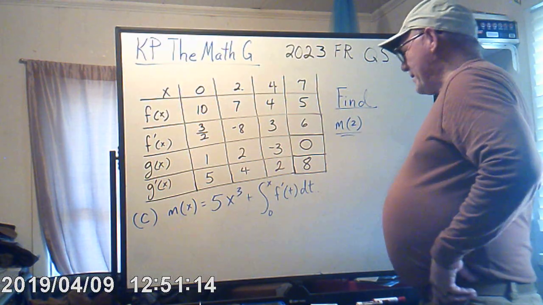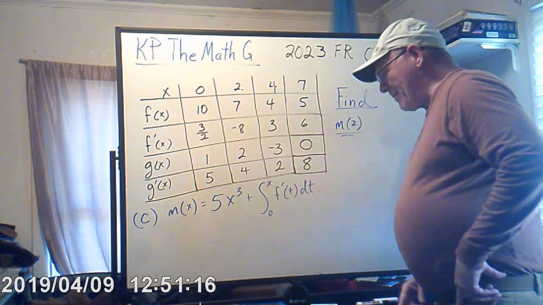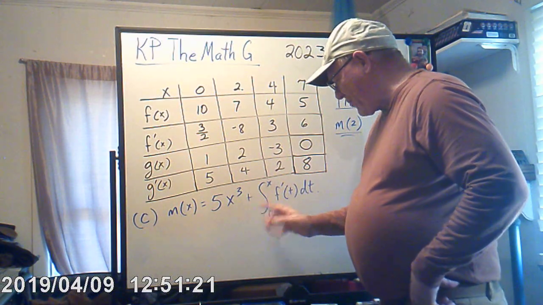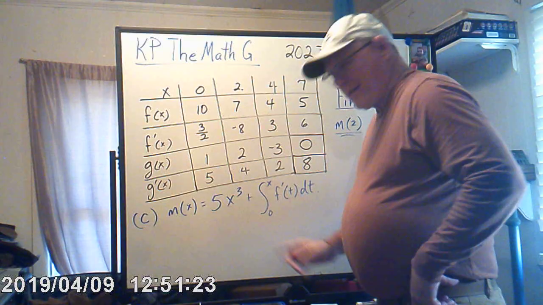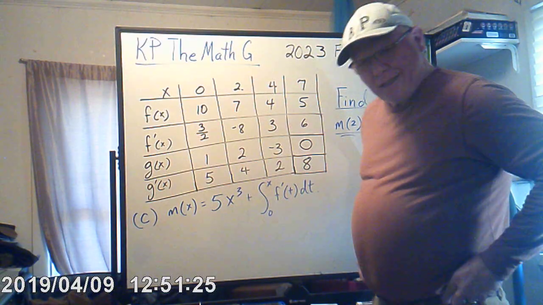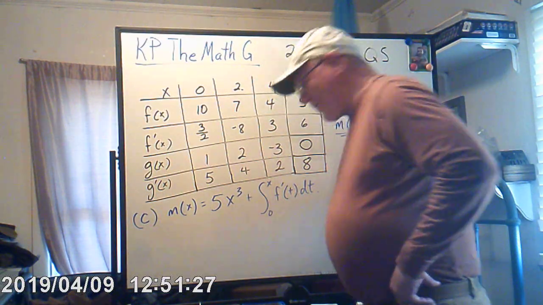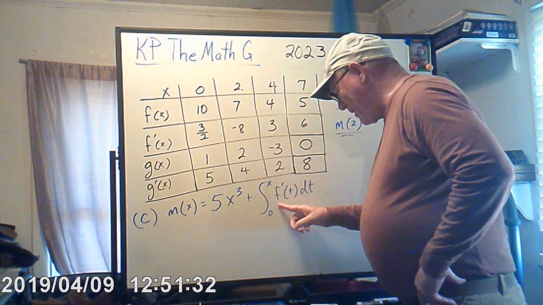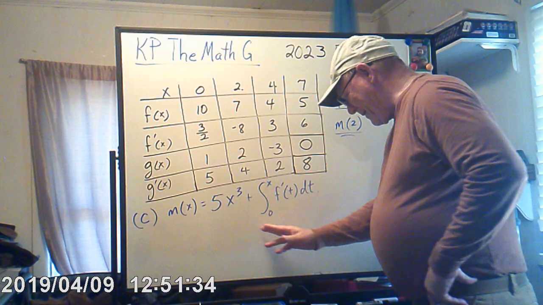So what we're here to do is find m at 2, given that m at x is equal to 5x cubed plus this antiderivative from 0 to x, definite integral, if you will, of f prime at t dt. Now we'll look at this,